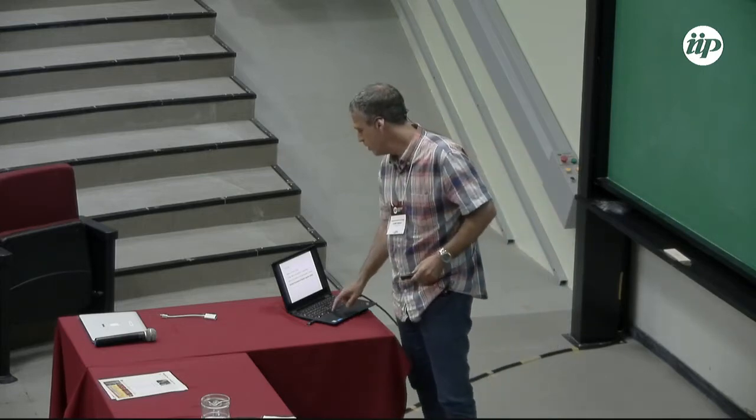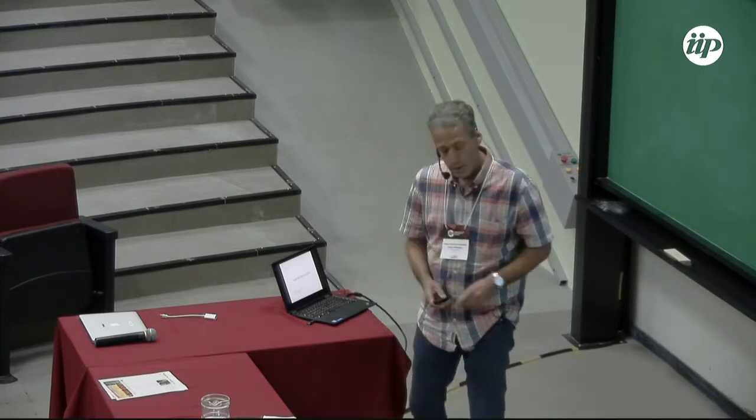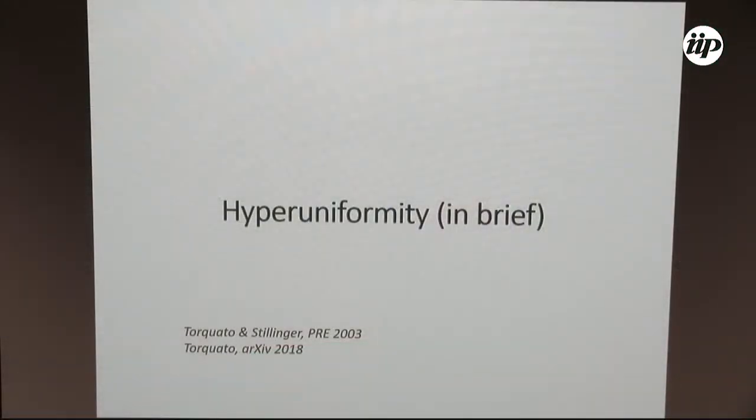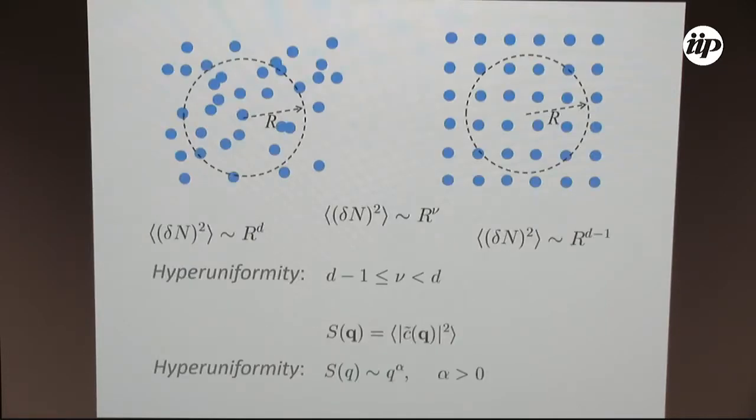It's a relatively new buzzword, if you like. People who are interested in this term, hyperuniformity, there are two reviews, an older one and a very new one. It's like 100 pages long, so I warn you. Hyperuniformity, so what is it all about? Suppose I have a collection of particles, spheres, points, and it is distributed in space. And suppose I take a window of radius r, and I move this window throughout the material. And I ask, what are the fluctuations in the number of particles inside this window? Okay, so this is delta n squared averaged.